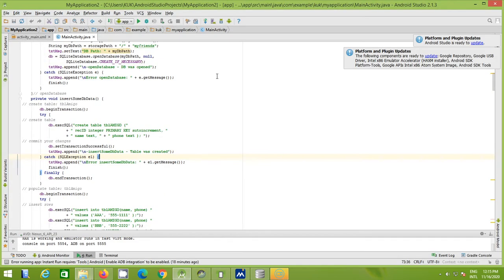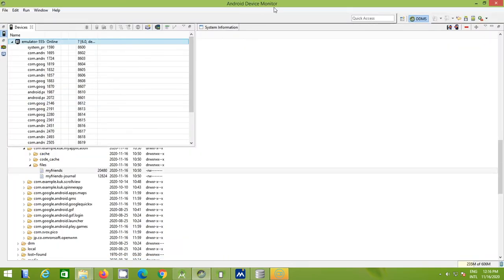A shortcut icon for the Android Device Monitor is also visible here. If it is not visible in some versions of Android Studio, it can be found in the Tools menu, or you can simply click on the shortcut of the Android Device Monitor.